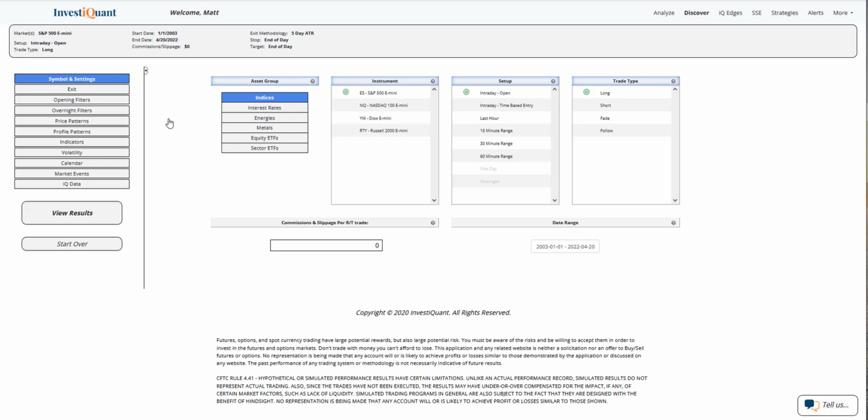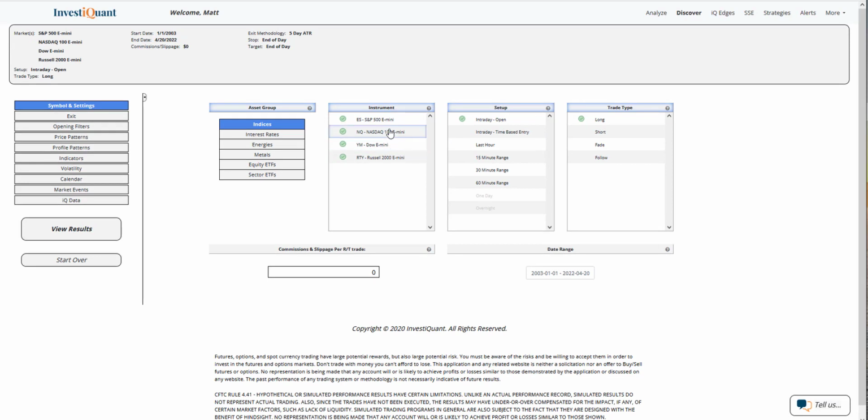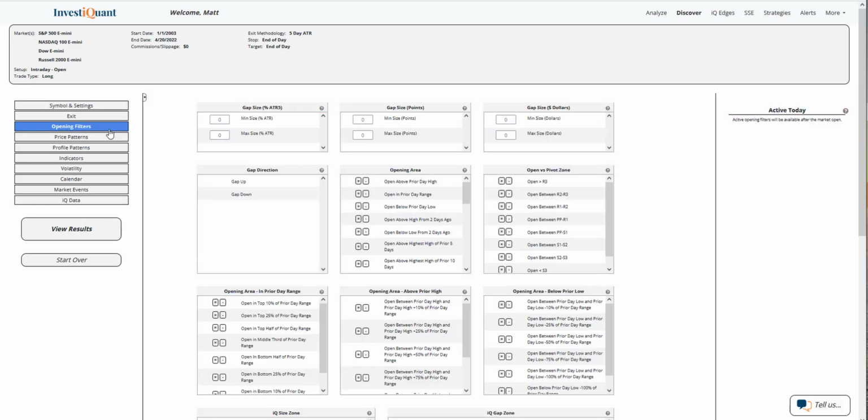But what we're going to be looking at this morning is that highest high of the past 5 sessions in a weaker environment. So let me go ahead and get this set up. I'm going to grab all 4 instruments. The setup will be based upon entering the market long at 9:30 a.m. Eastern Time, exiting at 4:15 p.m. Eastern Time. Now, currently, we are trading higher in the overnight session, so I'm going to go to the opening